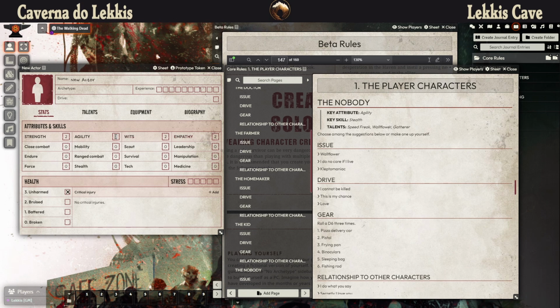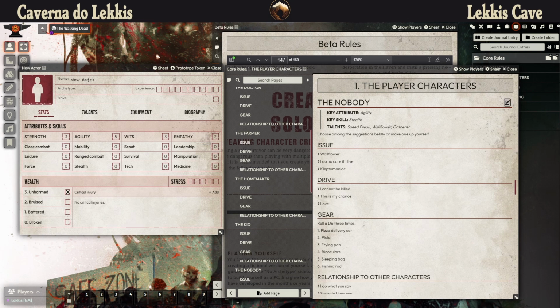So if I put 3 more points here, it means that I have now 11, and I have 2 more. So I could put 1 maybe on strength, and maybe 1 more on wits, and then I have 13 points